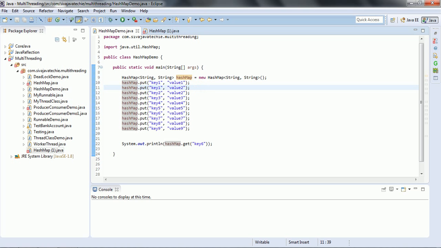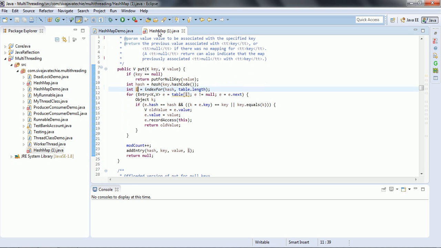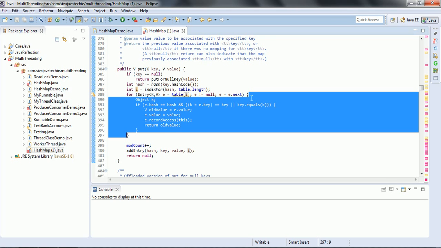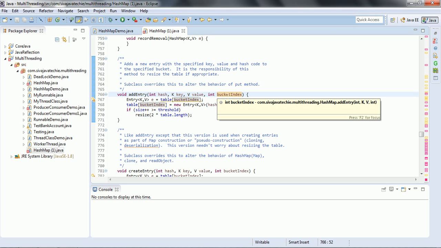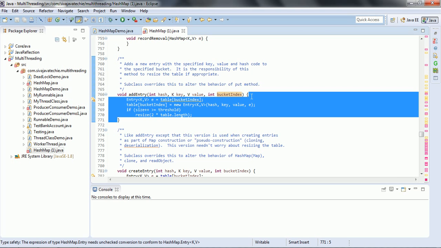That is the reason, if you see here in the case of the object, if it is already available, then the new value is going to be overridden. Otherwise, it is going to be added as a new entry. So for the new entry, it takes the hash value, key, value, and the bucket index, whatever we pass here, and it is going to identify that value. And one more thing is,